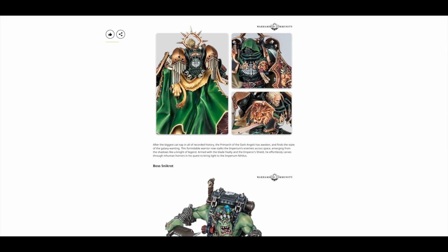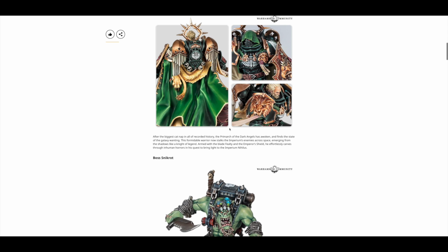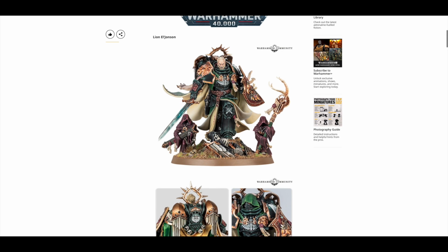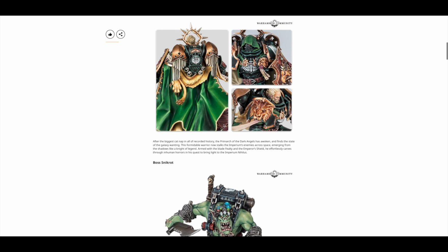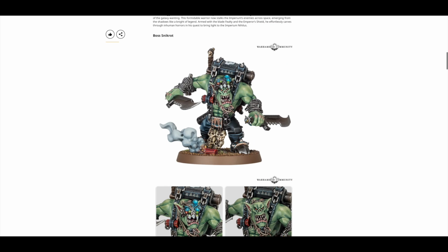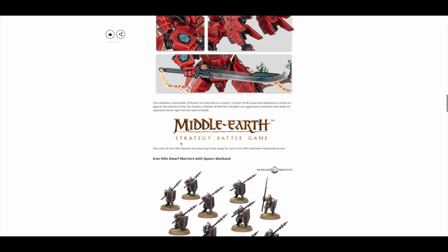And you could say, well, they were busy building Leviathan and lots of box sets, and a lot of people did get their Leviathan box sets. That's fine. But just halt releases. I mean, they're not in dire straits. They can afford to halt releases for a little while, to avoid disappointment. Yeah, I'm happy that I'll be receiving mine, but not happy that I have to wait a whole extra month. You got Boss Nikrot available separately, and Commander Farsight,